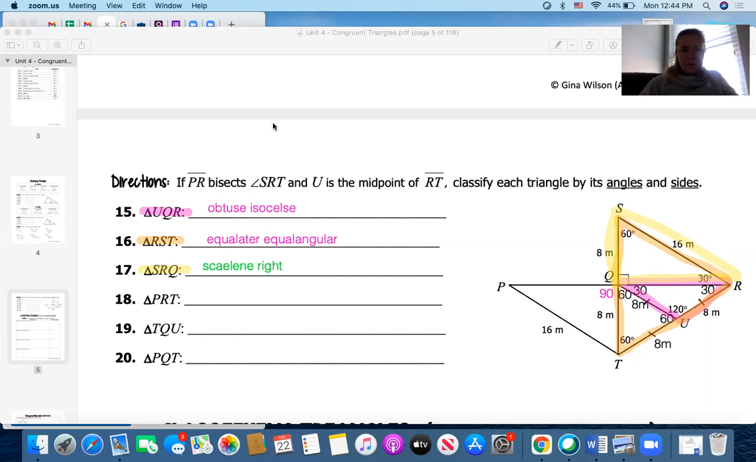Then we have PRT. Oops, that should not be that color. Oh my gosh, I'm having some color struggles over here. PRT. So P to R to T. So PRT